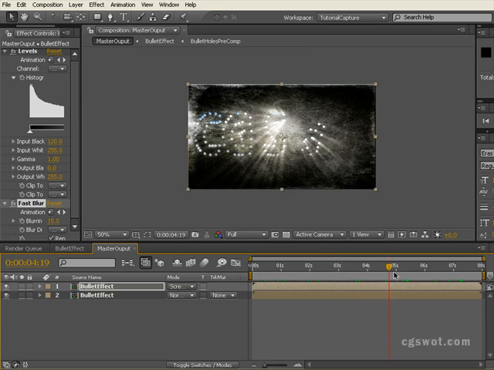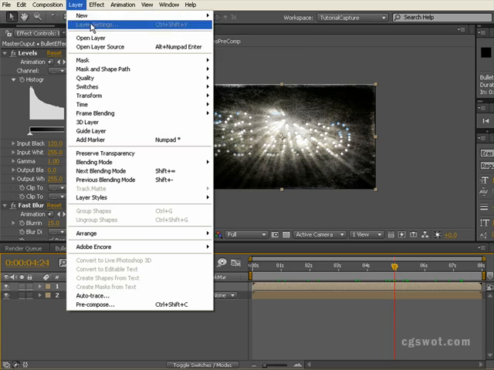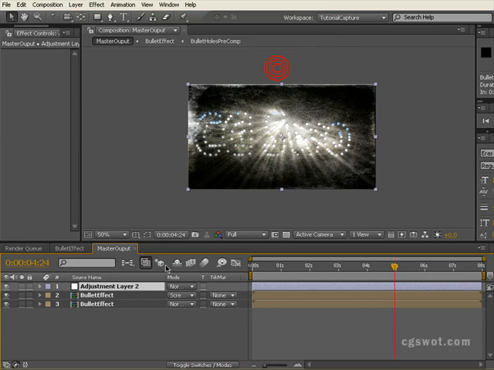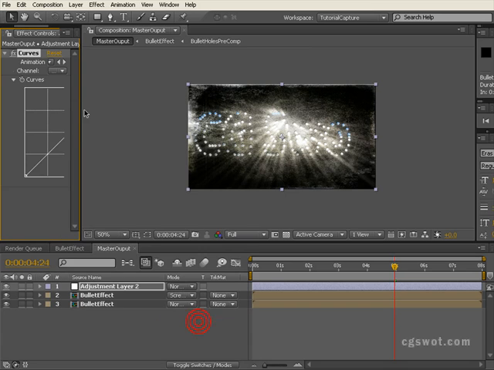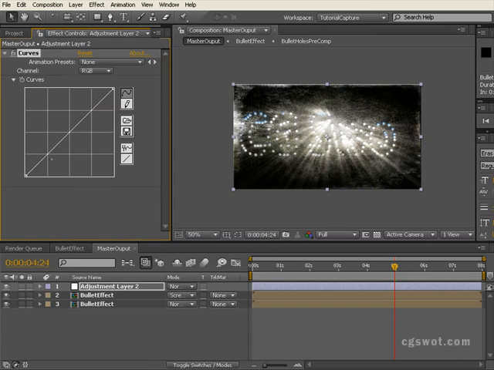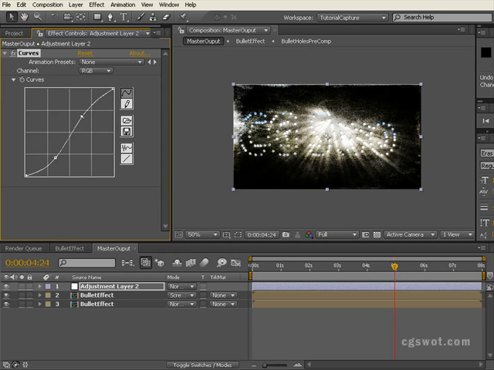So it's working pretty nicely there now, and I'm just going to give it one curves adjustment. So just new adjustment layer, bring up your curves, color correction and curves effect, and I'm just going to give it a little bit of contrast. Just crunch it down a bit. Just give it a nice little contrast S-curve. Something like that. Looks fine. We're getting a very nice